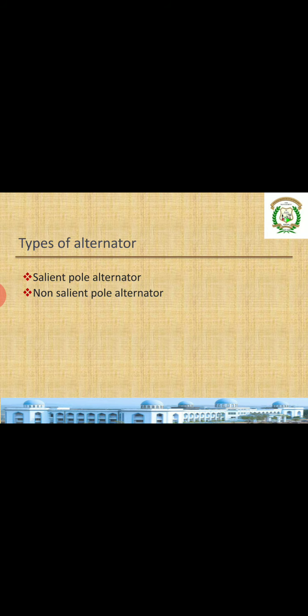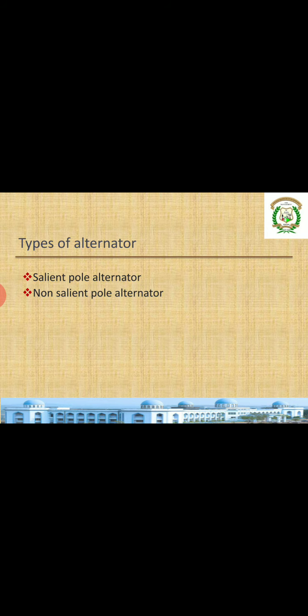Next one is alternators, or we call them AC generators. As I told you, in the DC generator, armature is rotating, field is stationary. In this case, that is reverse. Armature is stationary here and field is rotating. It has this advantage that armature is stationary because we can take the induced EMF easily outside. And many generating stations are connected with these alternators.